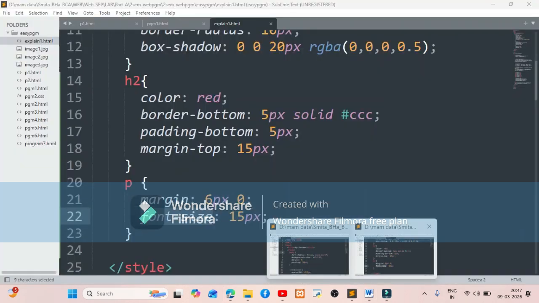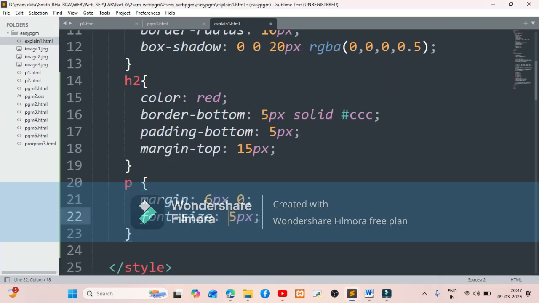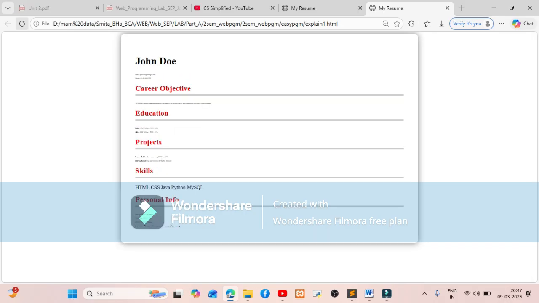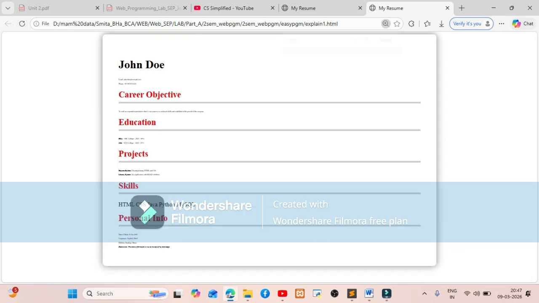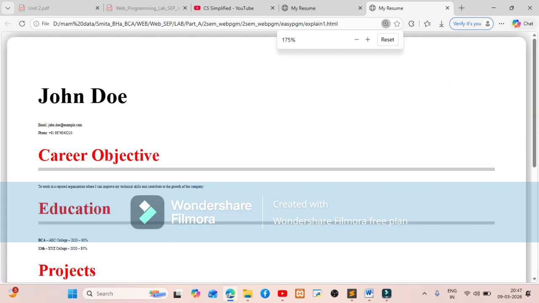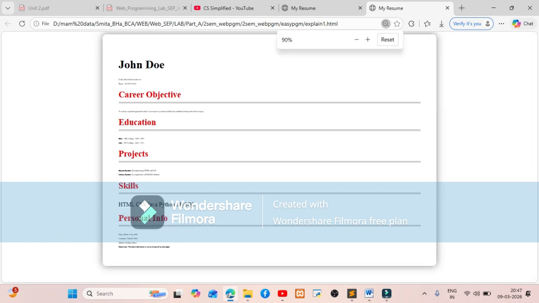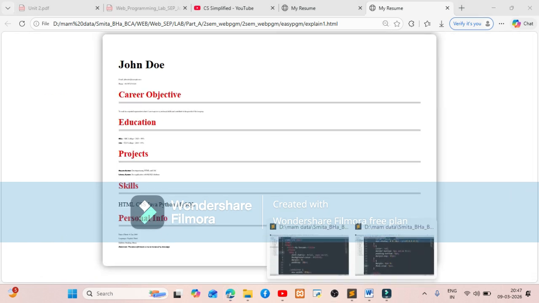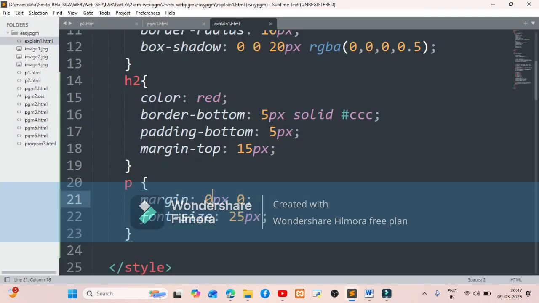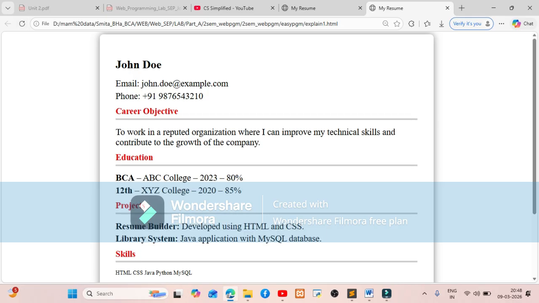Once again I'll change it to 5px, Control S, refresh it and see, this is almost not readable wherever we have p tags. So these are all different styles that you can add. If I make it 6px, let us see what happens. So you can see some spacing is added between the two lines of our paragraph.